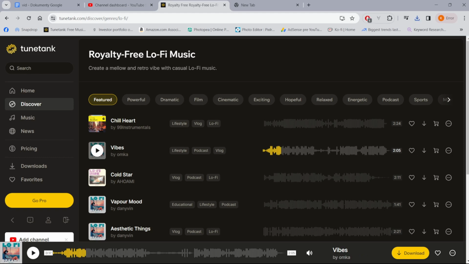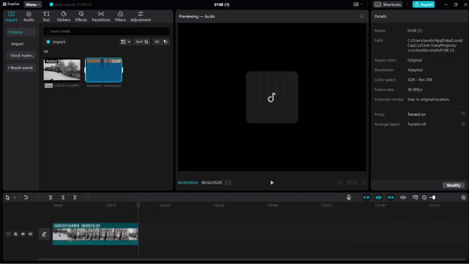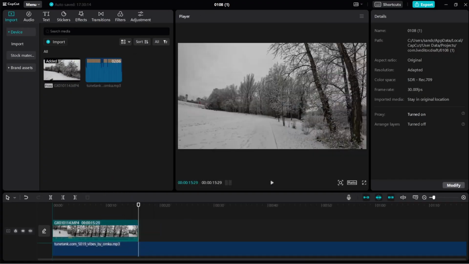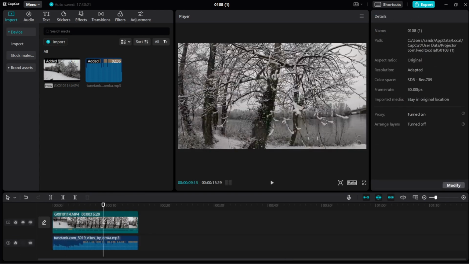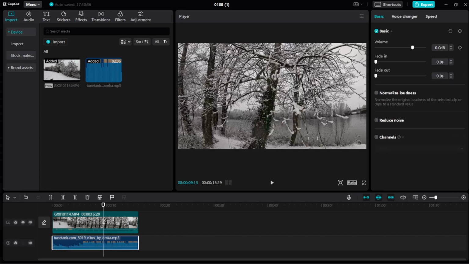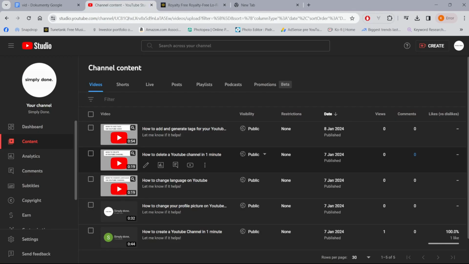And I'm gonna use it in my prepared video. I have some footage here. Import music. I mostly use Tunetank for background music and you can simply edit volume. And this is how to use free copyright music, but it's not done yet because after you have uploaded your